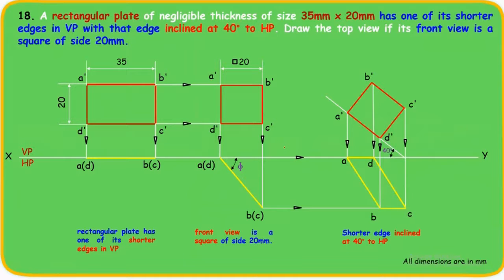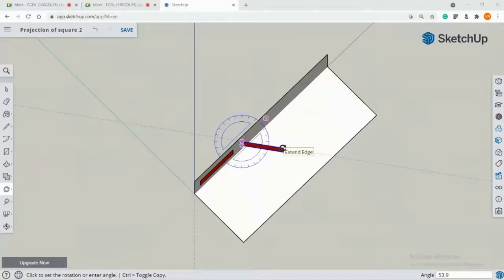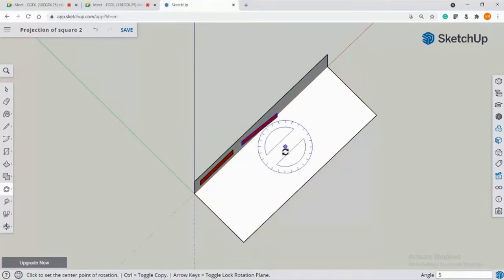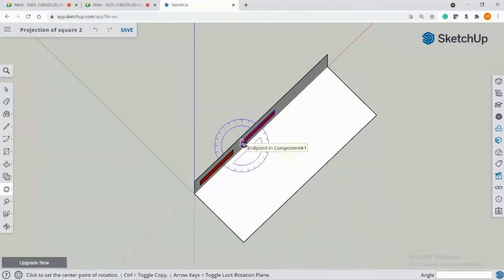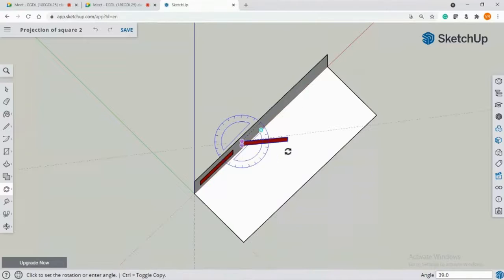The answer is 55 degrees. Since I know the answer, I'll just type 55 degrees, not 55.